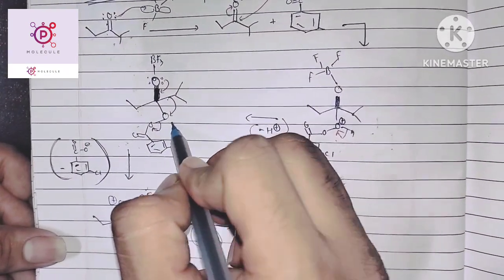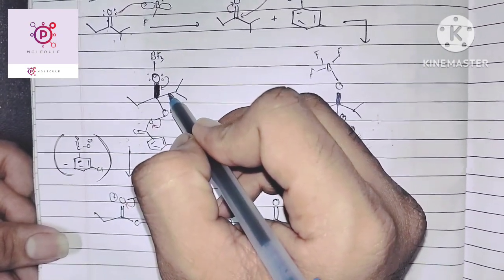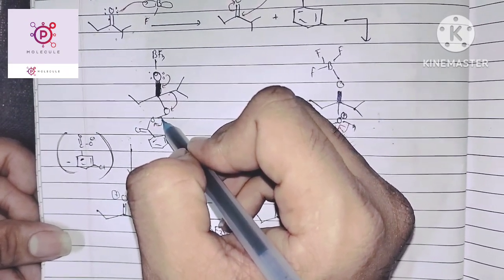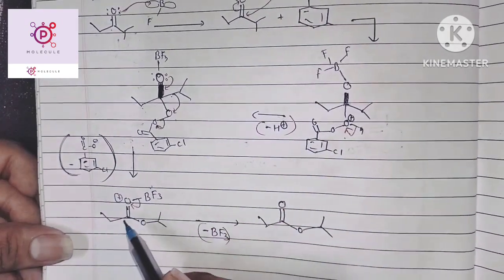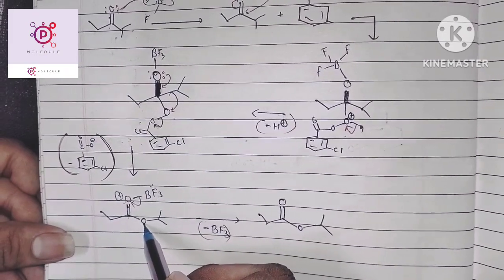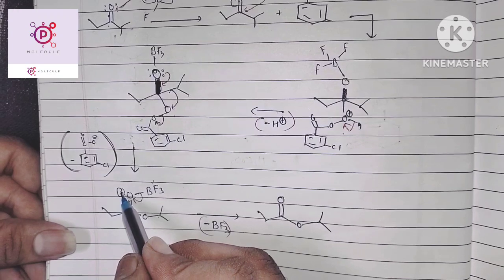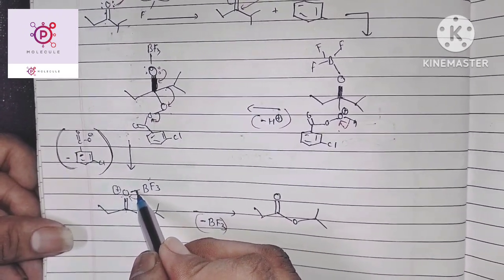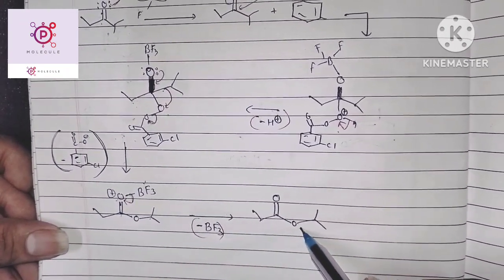So this intermediate will convert into a double bond, and this alkyl group migrates towards the oxygen side, and this sigma bond moves towards the oxygen side, the oxygen having a negative charge. And then the carbonyl compound will be formed, and this oxygen is inserted next to the alkyl chain. This oxygen positive charge will be unstable, so this double bond and single bond convert towards the oxygen side, so that we will get the ester.